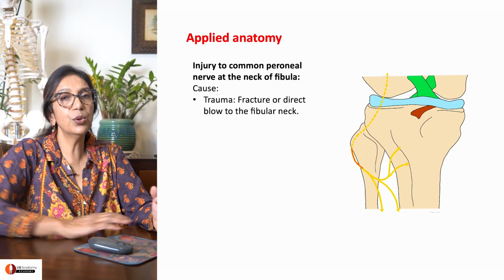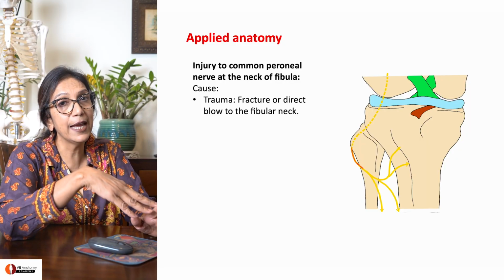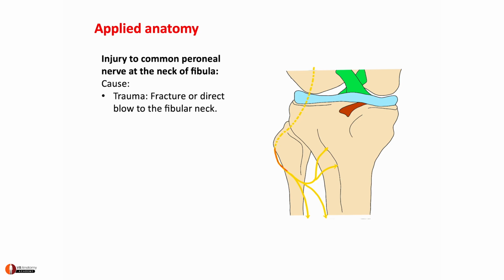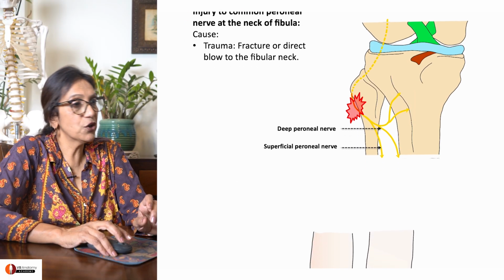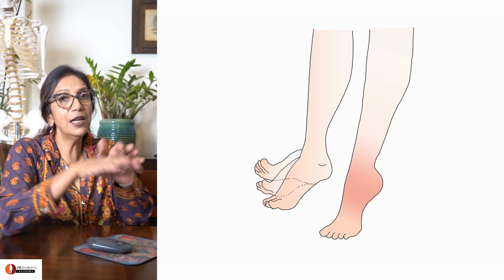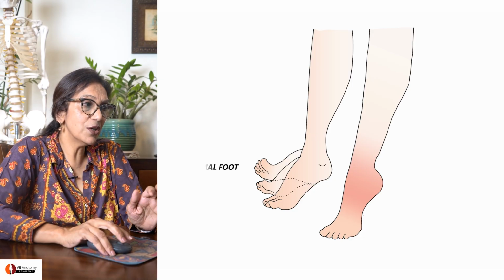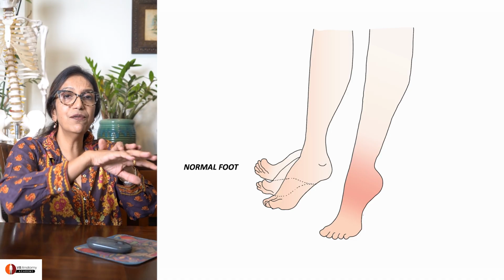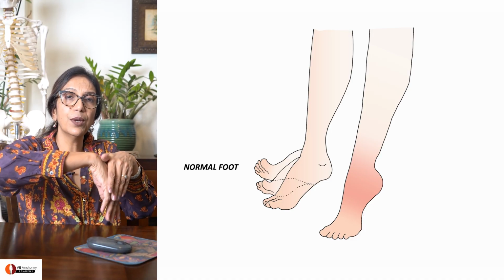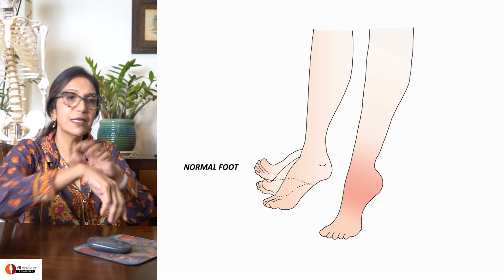Right. So let's see what can happen. Somebody is walking on the road, a vehicle comes and hits him in the leg. Most commonly, the lower part of the vehicle is likely to hit the patient on the common peroneal as it winds around the neck of fibula. So what will happen? Deep and superficial peroneal gone. Right? So now what will the patient come with? What happens is he loses his ability to dorsiflex. Because the patient cannot dorsiflex, the foot just begins to fall down.